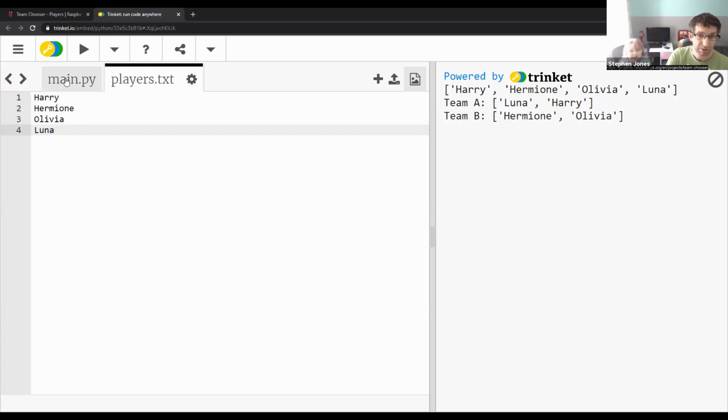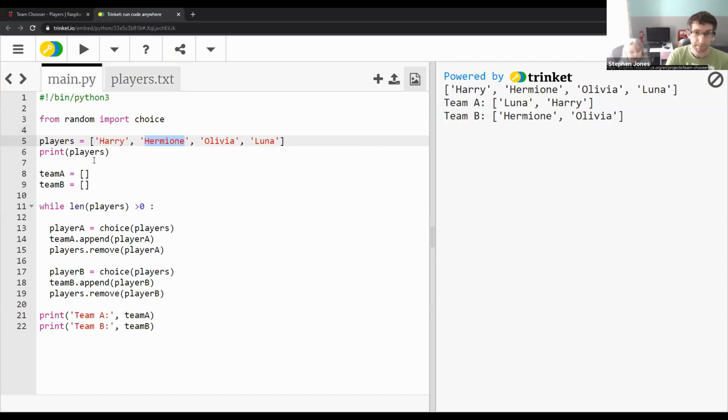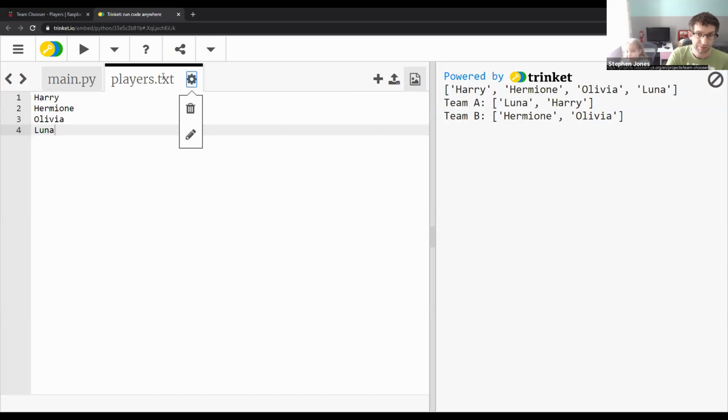So hopefully you've done that. If we then click back into our Python, the main.py. There we go, it's back. So at the moment we've not made any changes to our code, so it makes no difference, but now we are going to make a difference here. So what we'll do is double check. So again, if you haven't managed to do it, this little plus button here will create you a new file. And you want to name it